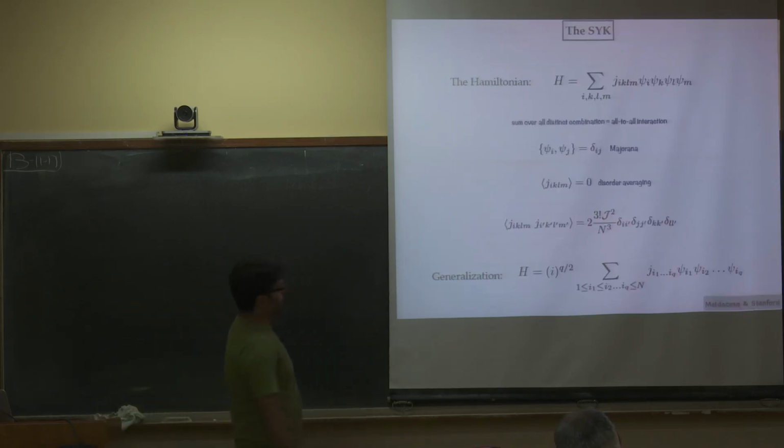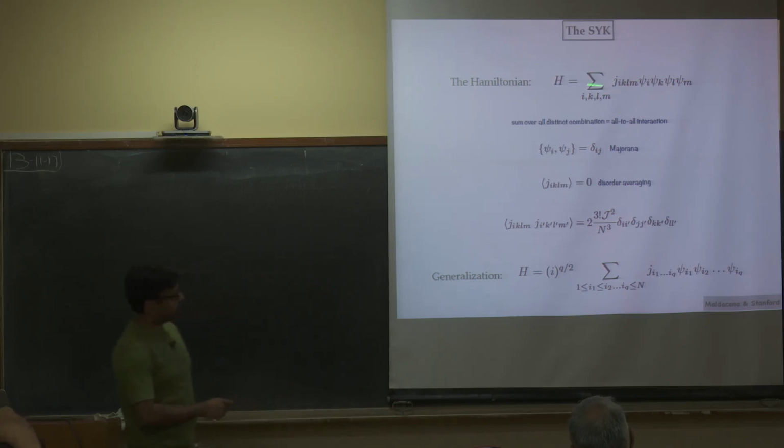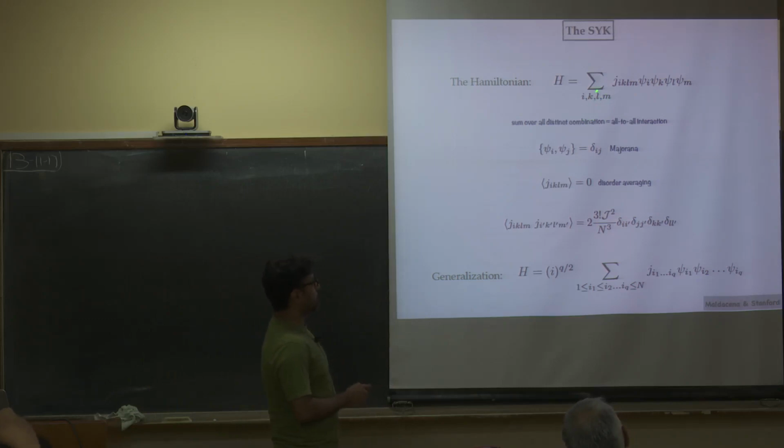Okay, so finally the model. This is a very well studied, well represented model by now. The model has a Hamiltonian, and I'm going to talk here about fermions which are Majorana fermions, so they obey an anti-commutation relation of this sort. And this Hamiltonian is a 4-Fermi interaction of them, and these J's are couplings. So far everything is fine, but there's a very strange feature.